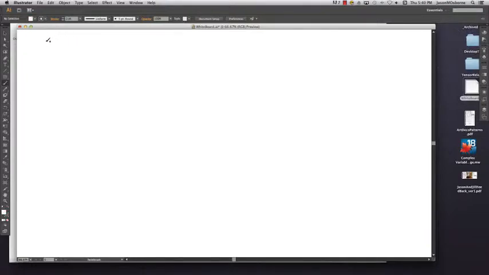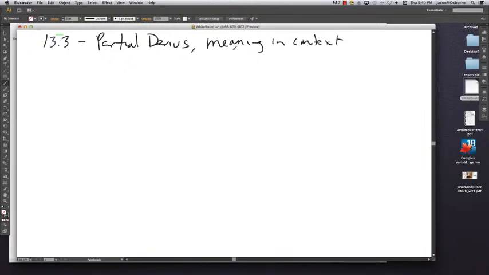In the previous video, we looked at section 13.3 and we were looking at partial derivatives, their meaning in the context of tangent lines. Okay. So we showed in the previous video, and what I will summarize here now is that